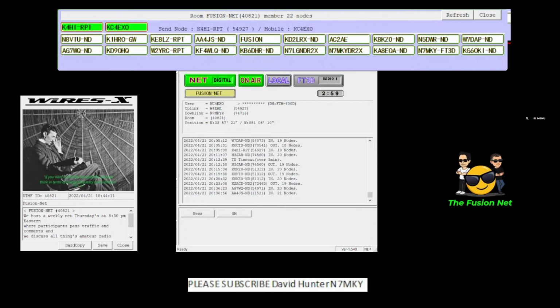Net Control, I'm still here. The repeater I'm going through has dropped me twice, and I had to reconnect. I don't know why. I do have a hotspot, and